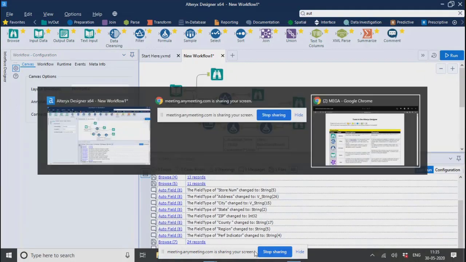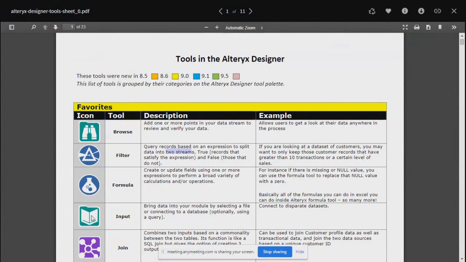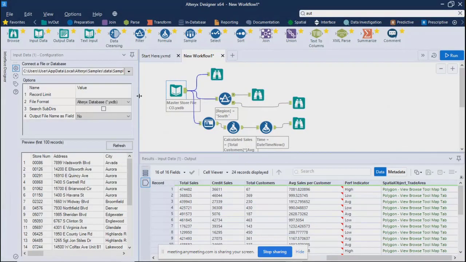Okay, let me go back. Over here, the next one is input. So input we have already used a lot over here also. You can get your data from your different data sources. Depending on the data source you use, whether it is Excel, SQL, or text file, these options will change. Any questions on these controls so far that we used? There is nothing new. We have already demoed or used these things in several situations.